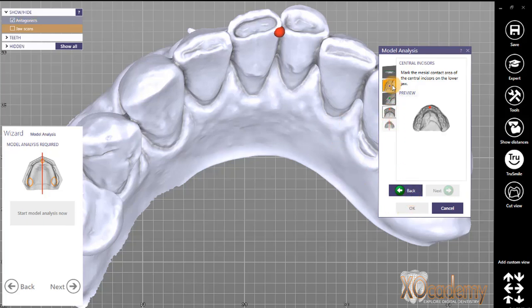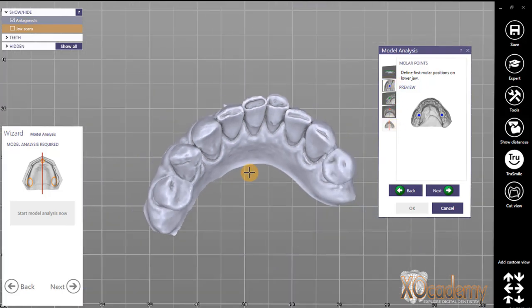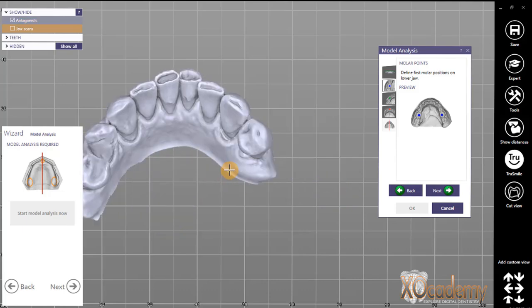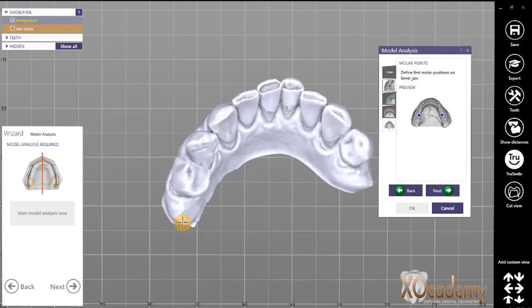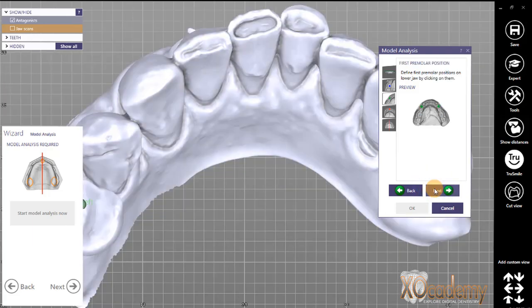And because I skipped a step, I skipped the molar position. I need to go back to that step in the model analysis and put molars here, again left first, and I'm going to go just as distal as I can on the scan that I have. This will create problems later on, but we'll be able to easily fix them. So now I can click Next